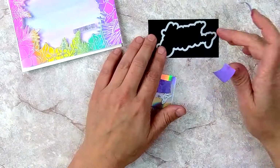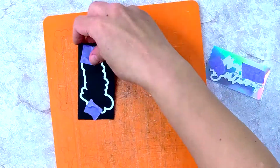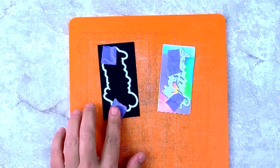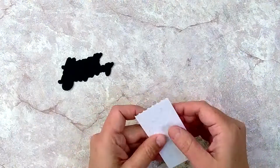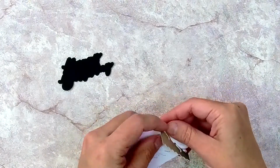So I'm going to tape my Happy Birthday die down onto the holographic paper and that halo die onto the black cardstock. Now when you're running these through your die cut machine, I recommend running them through vertically like this to get the best cut. Now I'm popping that Happy Birthday background out from the black cardstock, and I'm peeling the Happy Birthday out of